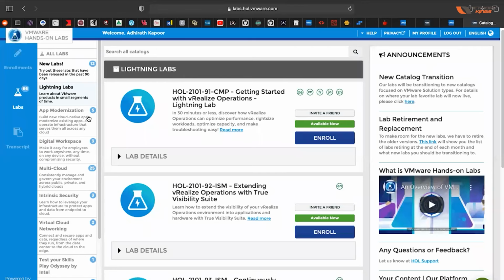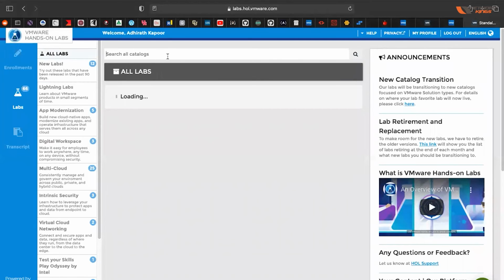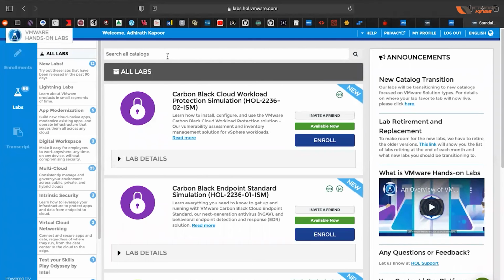Now let me take an example of one lab that we'll be working with in the next week. I'll go to all labs. After going to all labs, here you have different products, because VMware offers products related to multi-cloud, digital workspace, virtual networking, virtual storage, and also security.